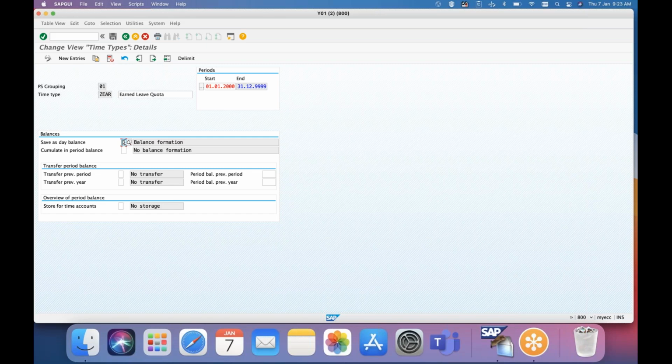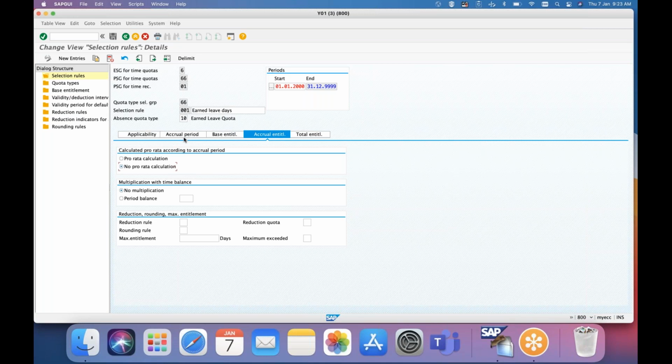That is the reason I keep this in day balance. I will check whether it is the month end or the confirmation date. Whenever I generate this time type, on that day it will form the day balance and the quota will generate.